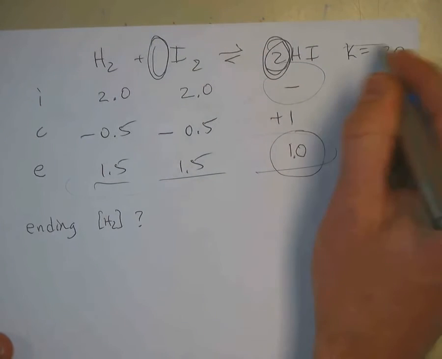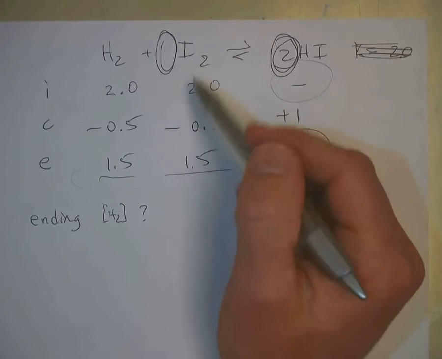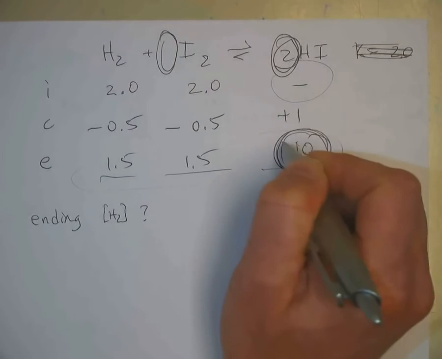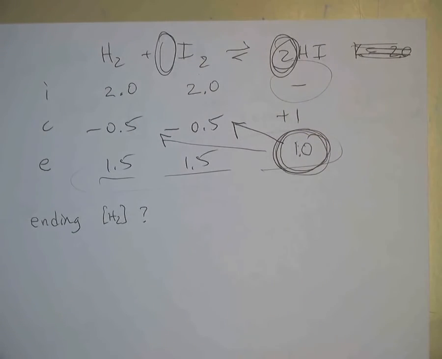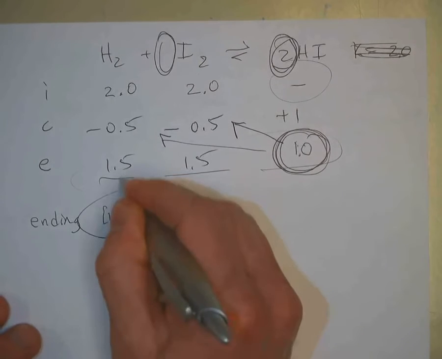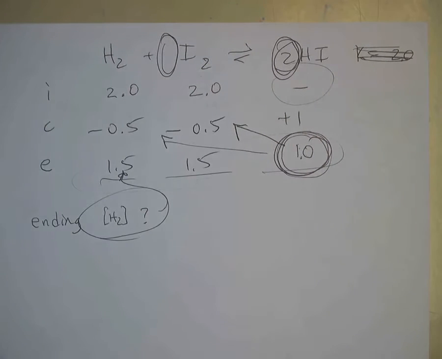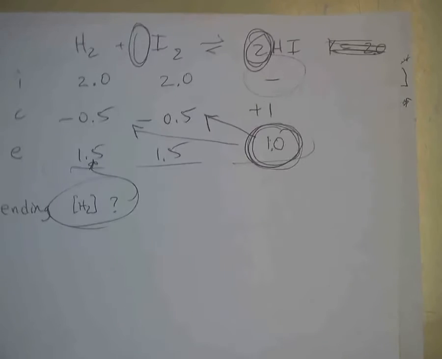And I don't know if that ended up being K or not. I just made up a K. I didn't know for sure. But you can see how you can facilitate the ICE table by knowing something at the equilibrium value and then working backwards using the stoichiometry to figure out what it is. What's the ending concentration of H2? Well, I said it's 1.5 here because you did the subtraction. Get used to using those ICE tables and be a really good reader to find out what they're telling you